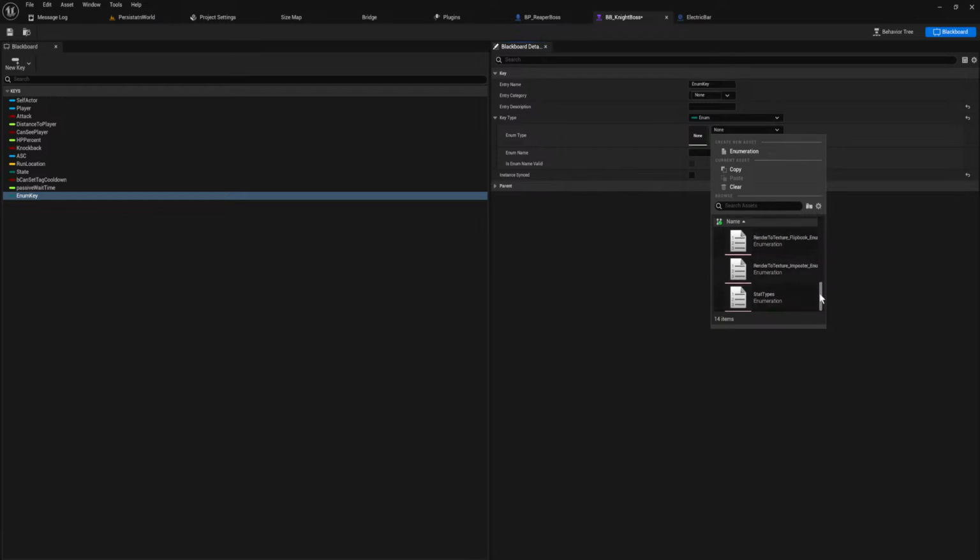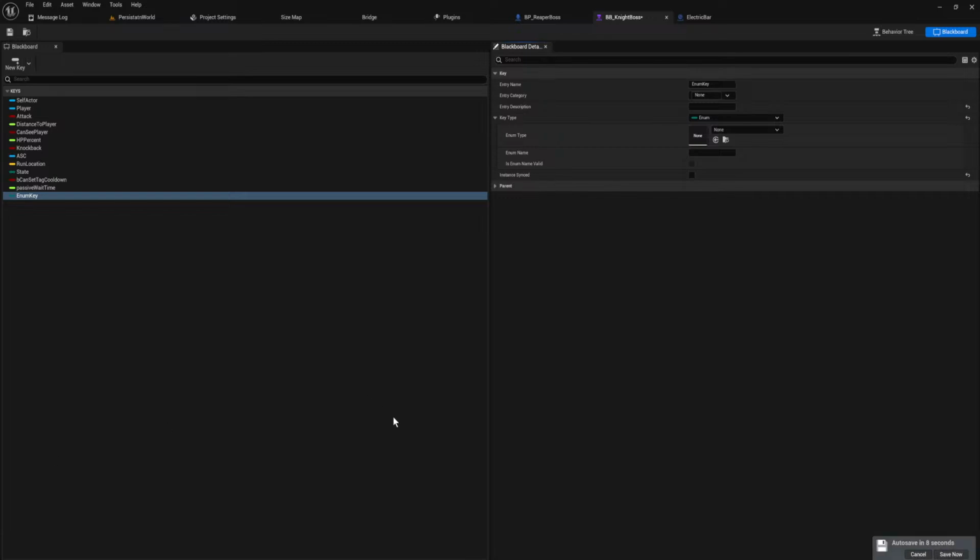It legitimately just doesn't show up. Why does it not show up? Why would my new enum not show up as a type in an enum key on a blackboard? This doesn't make any sense.